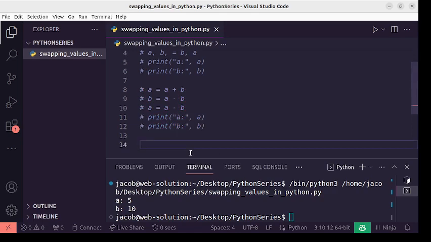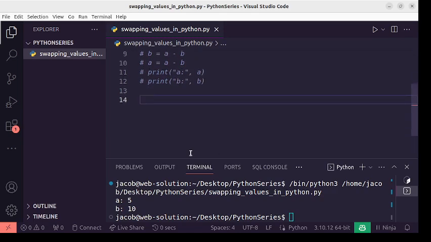Now the bitwise operator, remember, uses the binary. Okay, the binary of 5, the binary of 10. So in this case, how does it work? Okay, we can say A equal to